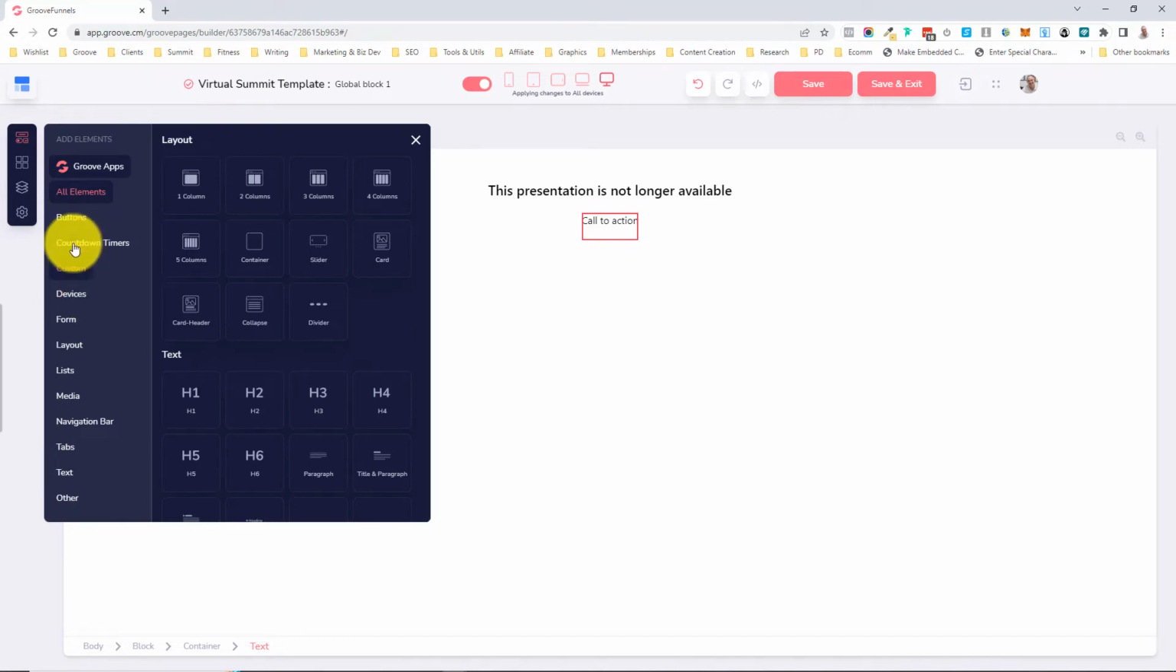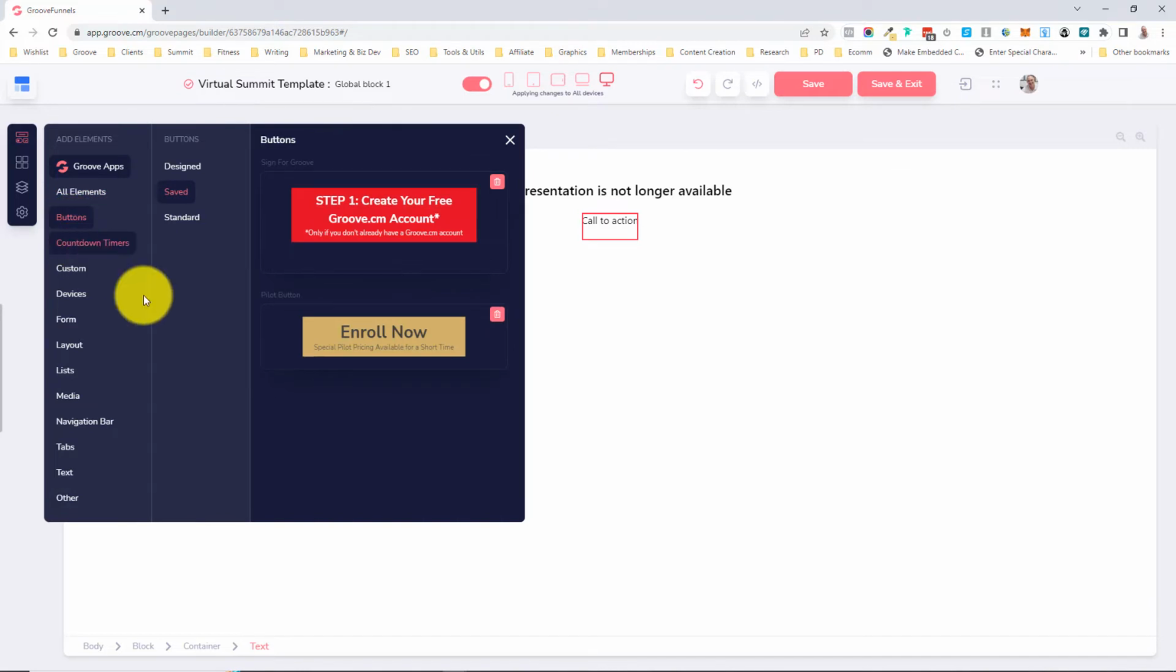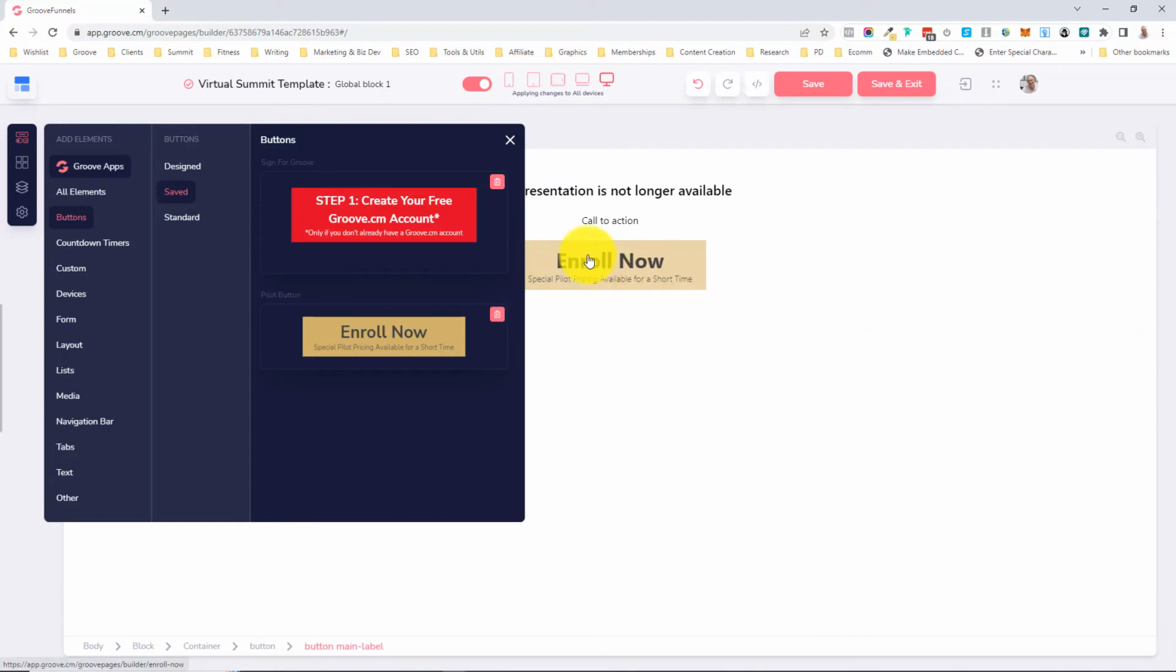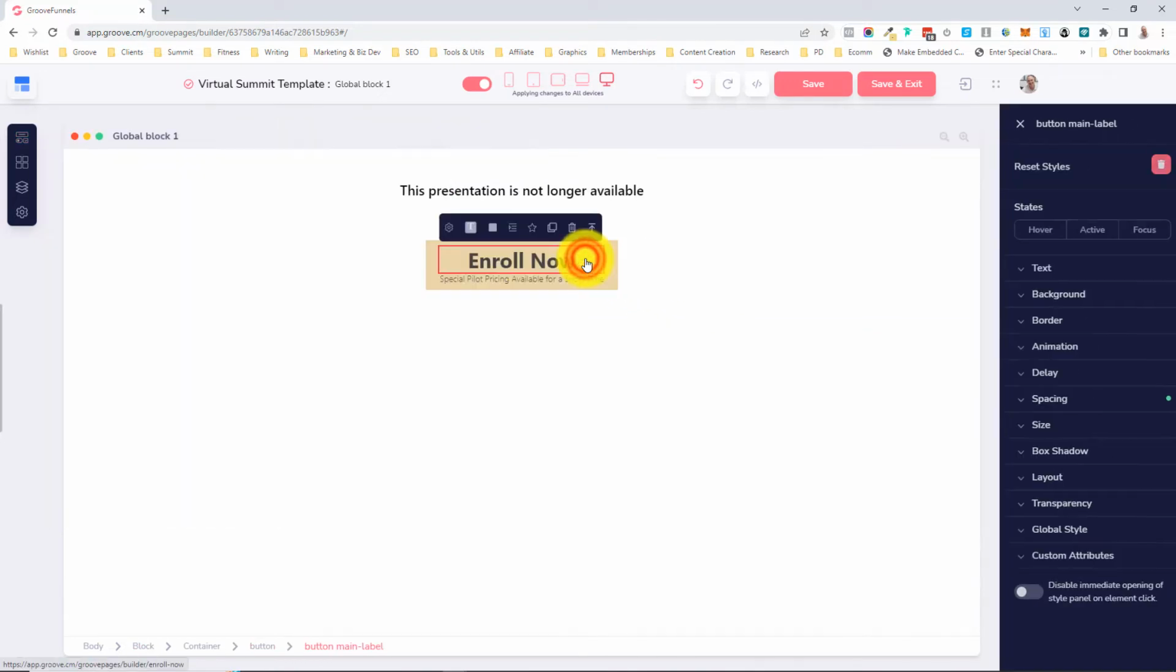And the good thing with Groove is that you can format up your buttons, and once you've got your branding done, you save that button as a design button, and then you can just drag that design button straight on, right? And it'll have the formatting preset, so you don't have to reformat your button style all the time. So here, we could say